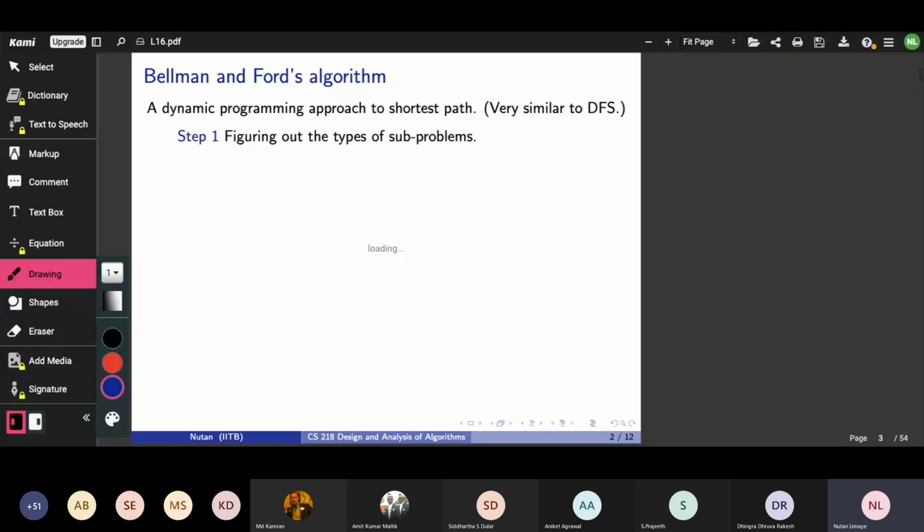As this is a dynamic programming algorithm, we'll try to put it in the framework we have developed for dynamic programming algorithms. So I'll go through the 5 steps that we need to analyze this problem, and you'll get another instance of how these 5 steps work. That's another goal of this exercise. But along the way, we will also develop the full algorithm called Bellman and Ford's algorithm. In the textbooks, it is not explained as these 5 steps, but the textbook exposition is also very nice, so you can also look at that.